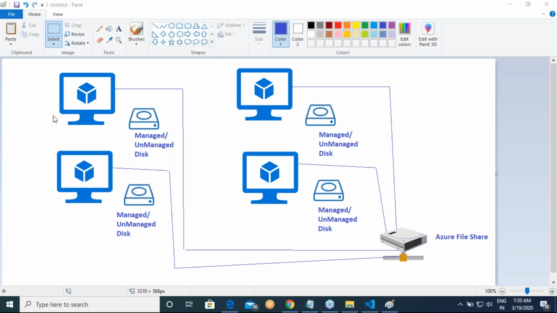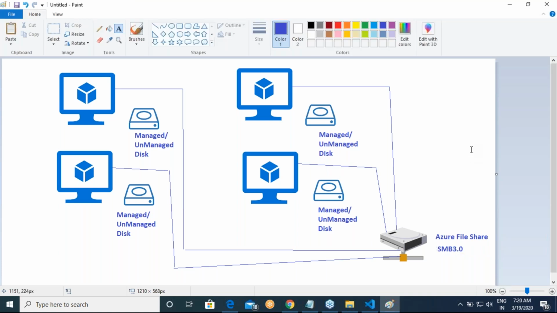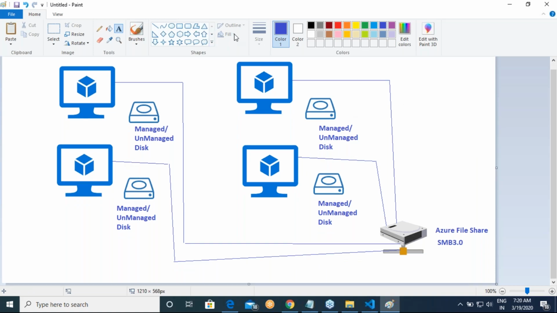When we say unmanaged, unmanaged is a storage account disk. Managed is a disk which you have created directly. And this file share basically supports the SMB 3.0 protocol. Okay. And the best part is, let us assume that,